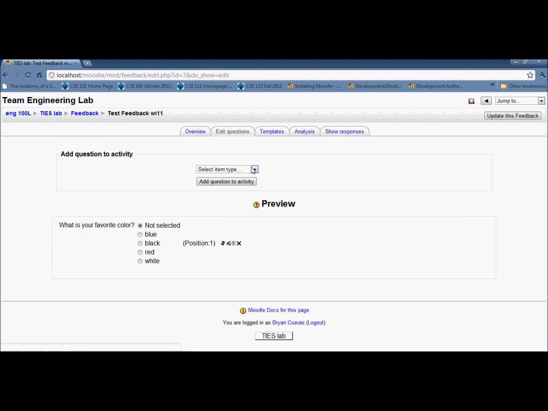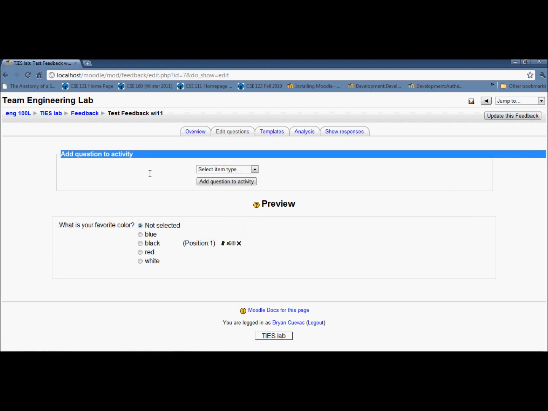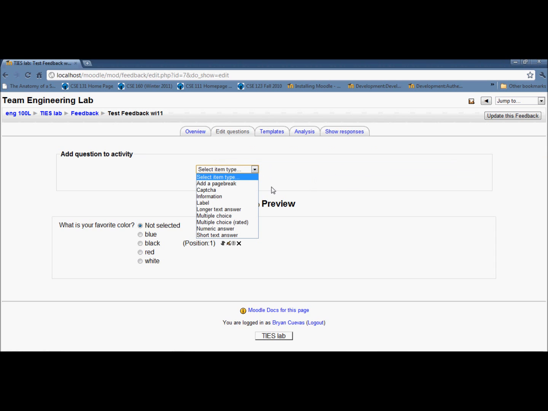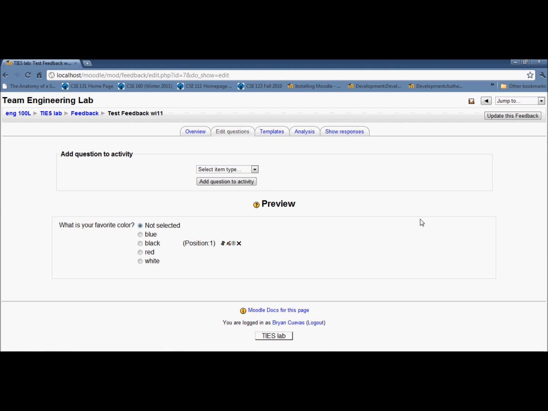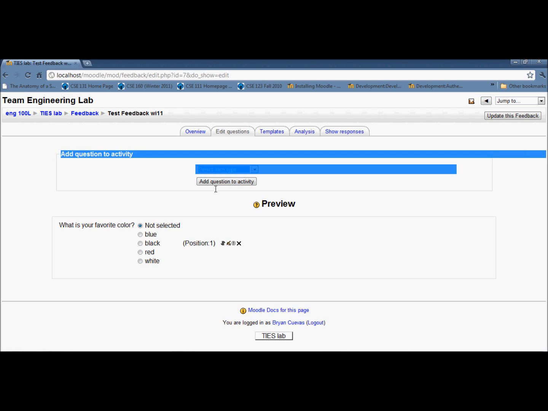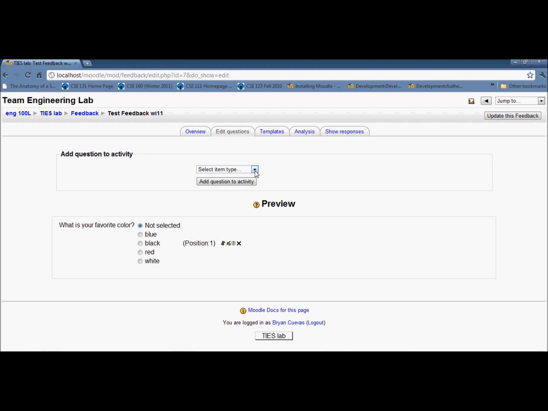And if you go to edit questions, we still want to change this, so we're putting this on the list of to do. We just need to keep it hard coded to multiple choice because I think that's the best question type to integrate with the iClicker. So we're definitely just going to leave it as multiple choice. So basically what we're thinking is to just get rid of this drop box and have a button that says add question to activity. And in the future